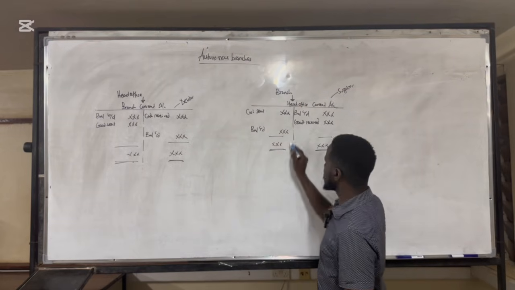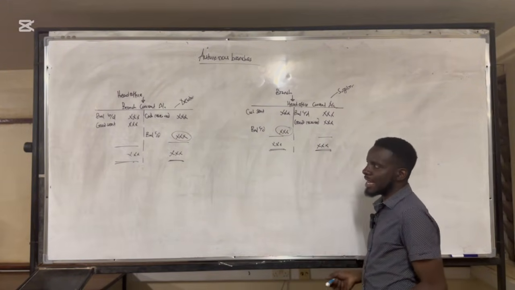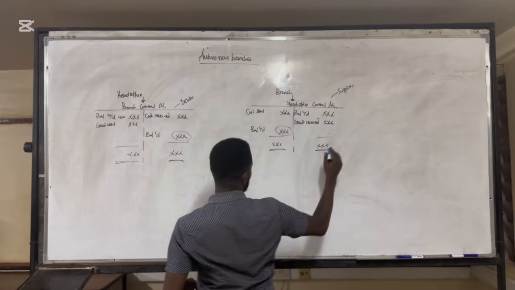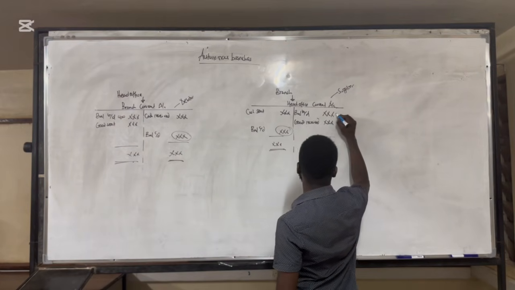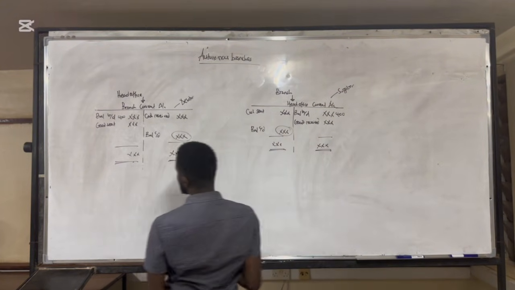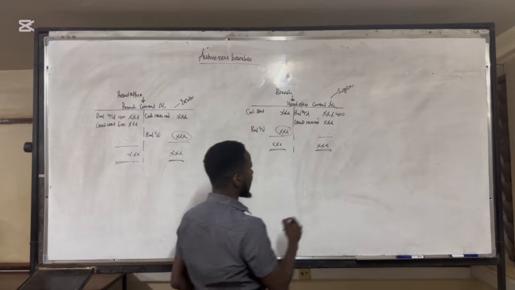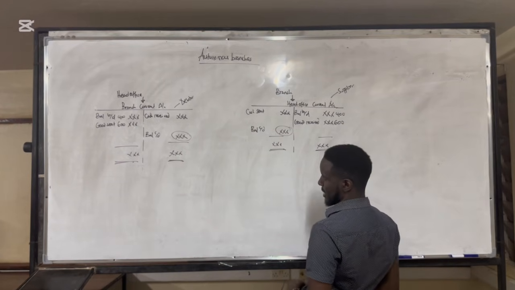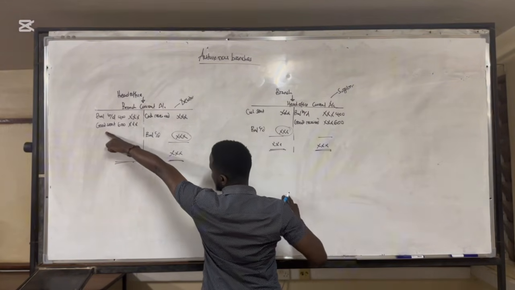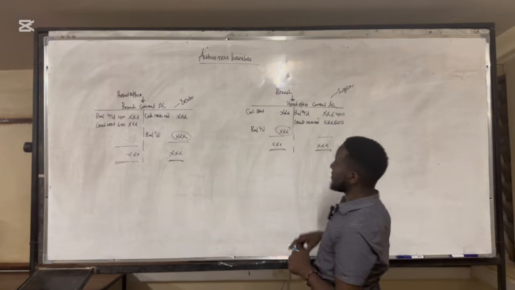Now, these two figures, the balance carried down here, should be the same. Because ideally, if we have the balance brought down of 400, and this side also balance brought down of 400, it means that we have the two opening balances. Then I assume that there are some goods that were sent, which were 600, and then this side 600 was received as goods. So that means if they had an opening balance of 400, now the goods that were sent were 600, and this one received the goods of 600, then